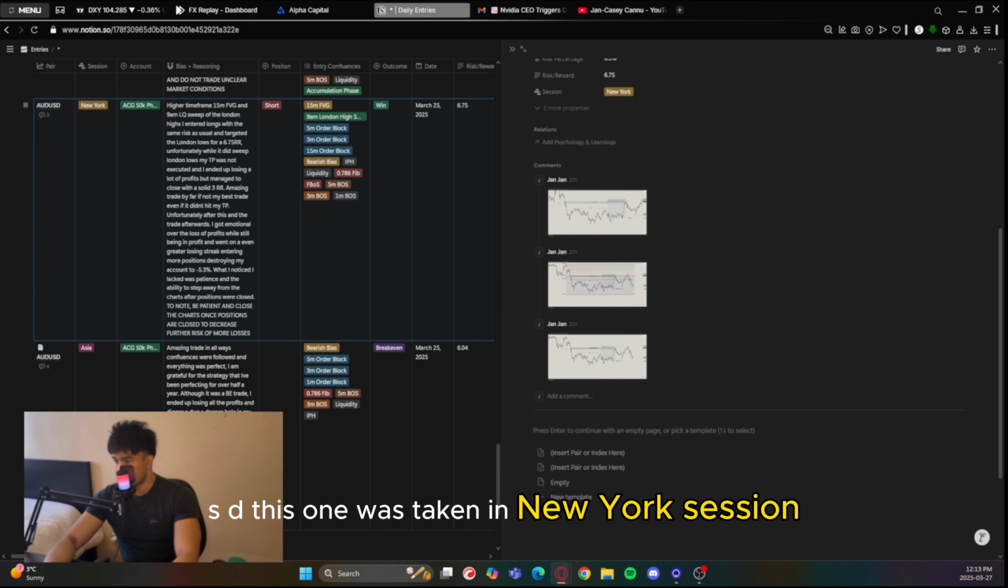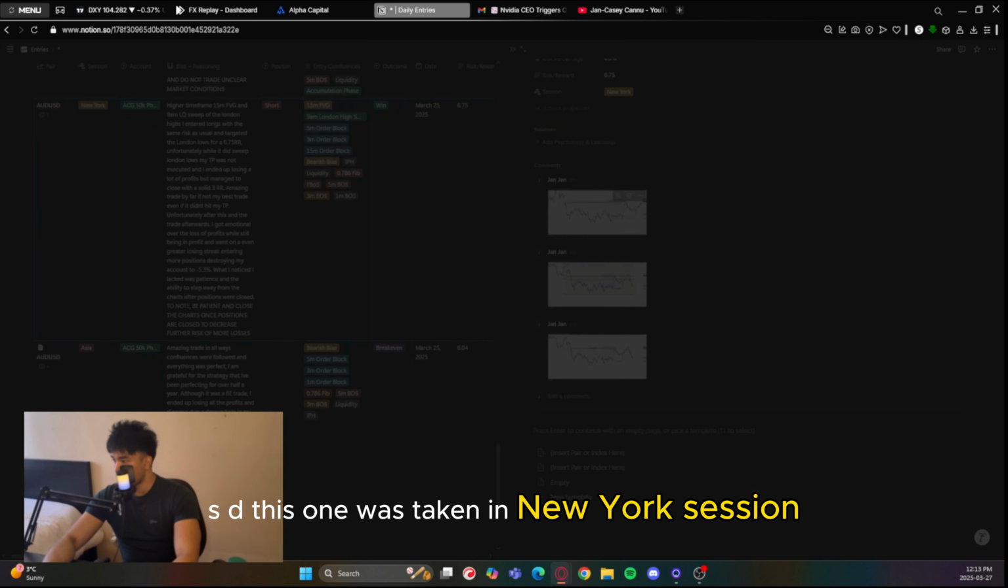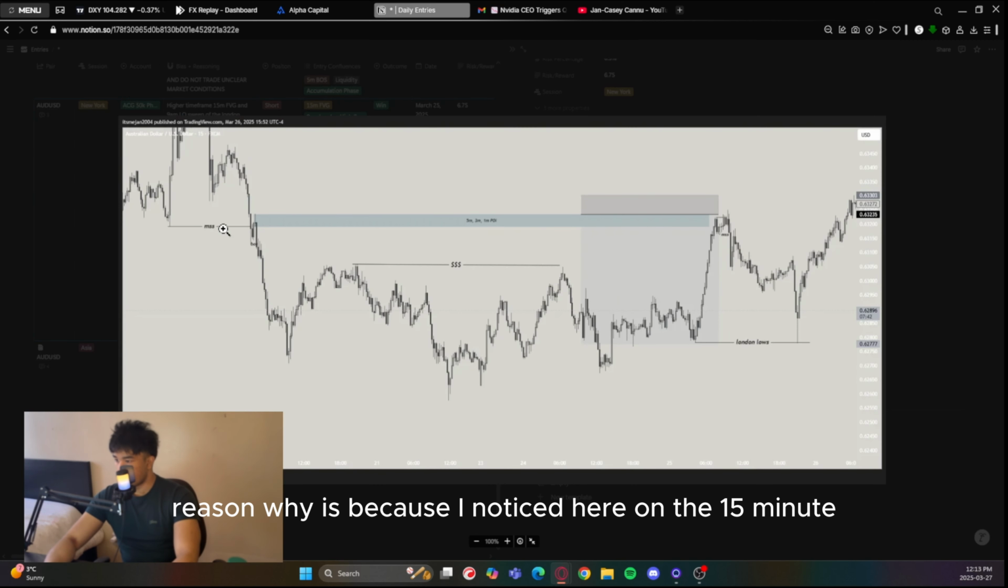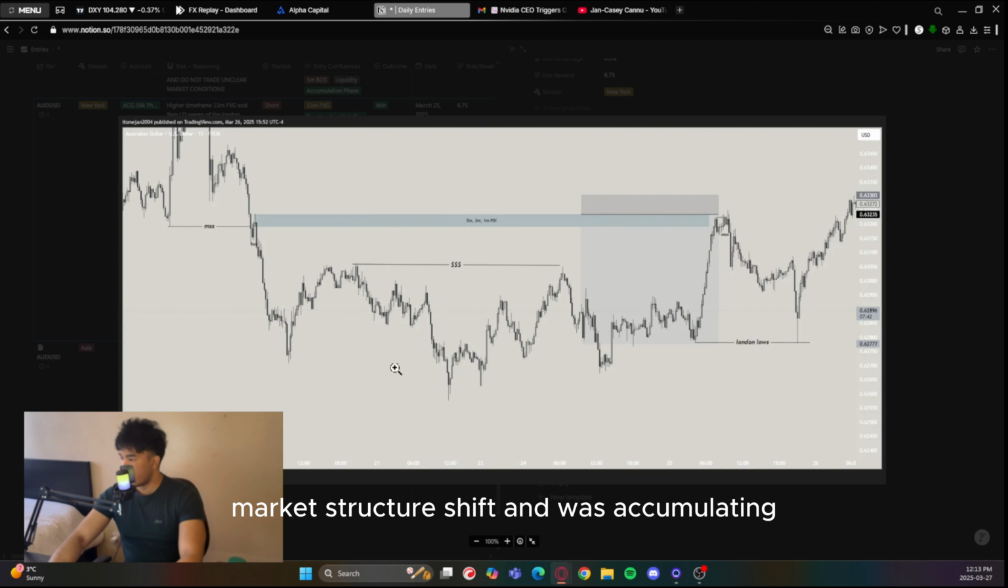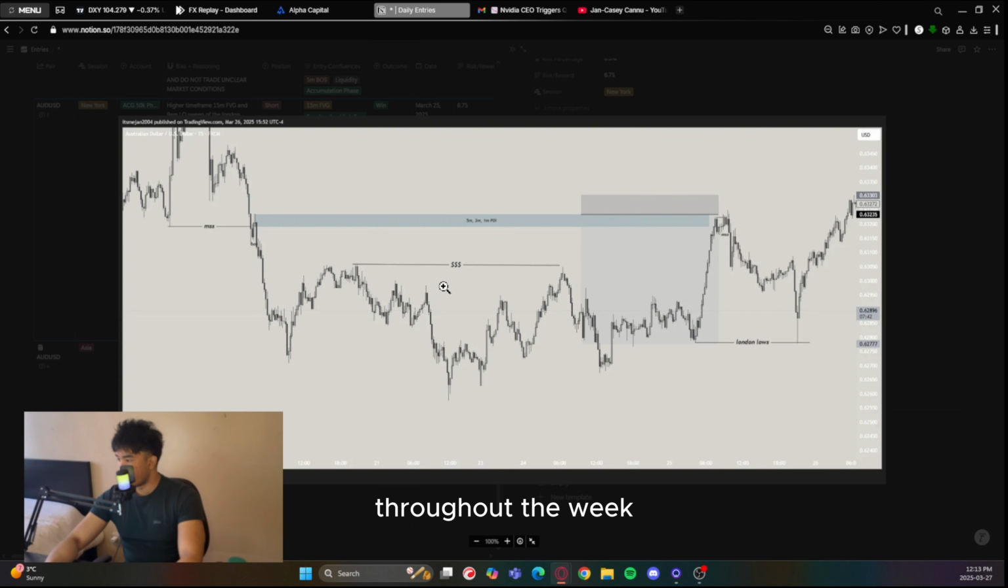So AUD USD, this one was taken in New York session. The reason why is because I noticed here on the 15-minute that it actually tapped in as price created this market structure shift and was accumulating throughout the week. I took my 2 failed trades over here, and I waited for price to break structure and tap into this 3-minute, 1-minute point of interest, as well as sweep the liquidity up here and tap into this 15-minute fair value